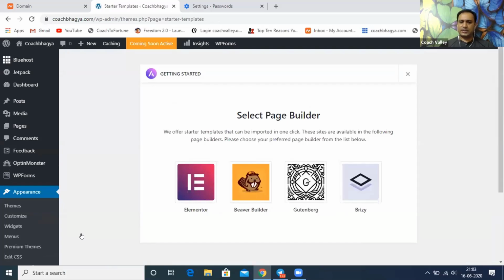These are Elementor, Beaver Builder, Gutenberg, Brizy. These are all editors. There is also a custom built editor. Yesterday, that is what we were trying to find out, and I think it was all jumbled up. Elementor is a good editor. You can also use the customized editor of WordPress. Two ways you can do it. Let us go with Elementor. Elementor is one of the easiest ones. So click on Elementor. This is a page builder, also called an editor.